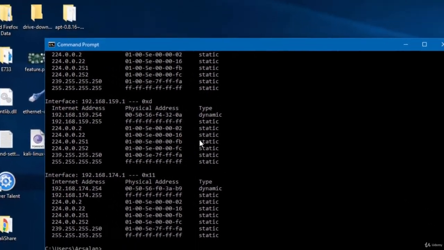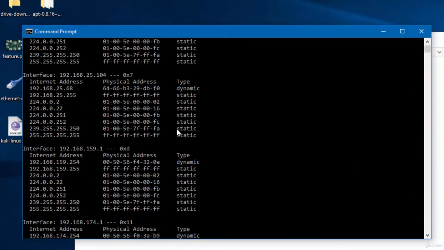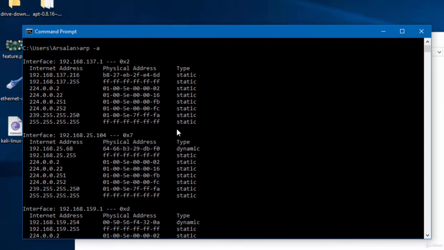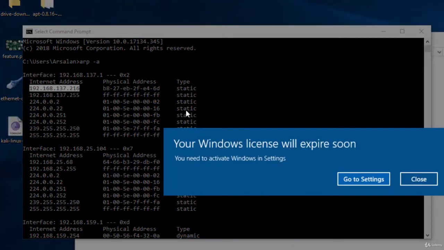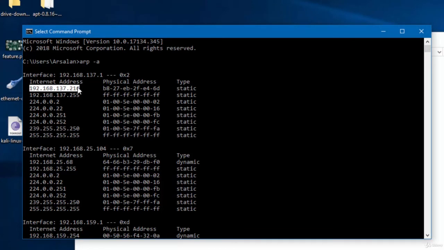There are multiple ARP tables, but I'm interested in my Ethernet one, which is this one, 192.168.137.1, the gateway interface. And over here, as you can see, there is a device connected with the .216 IP. This is basically the IP of our Raspberry Pi device, which is connected to our laptop through the Ethernet cable. So we have to copy this,